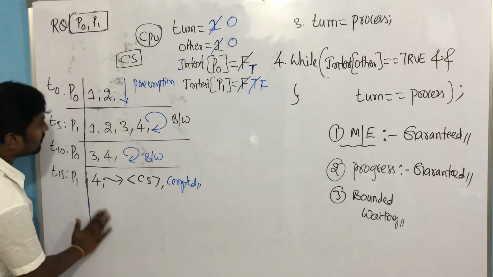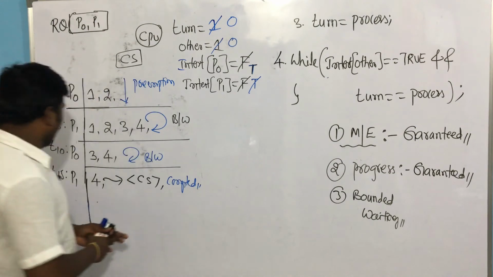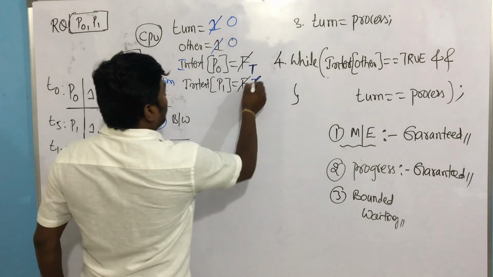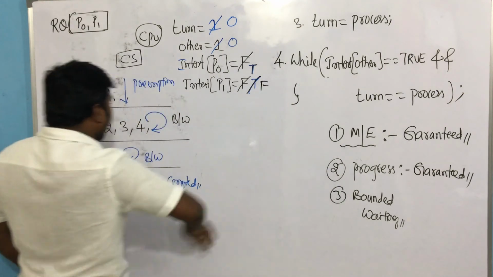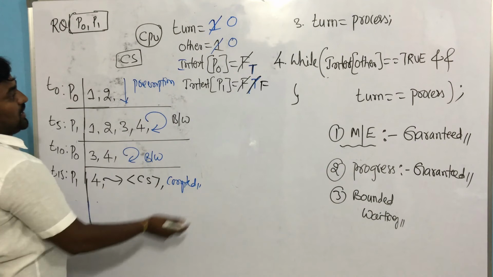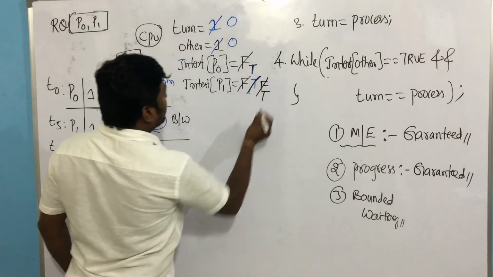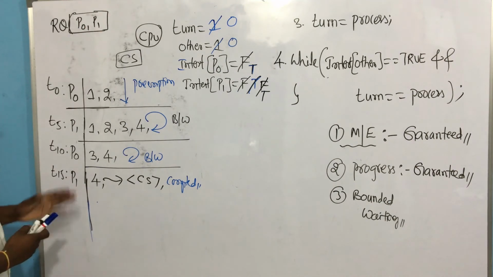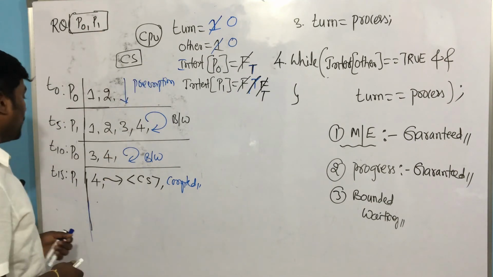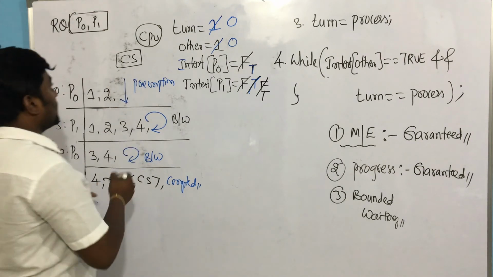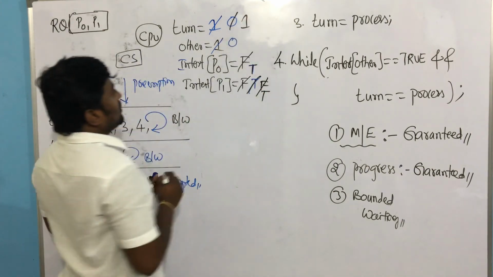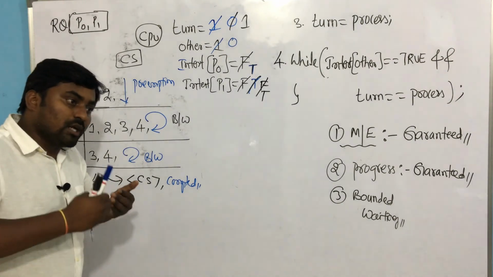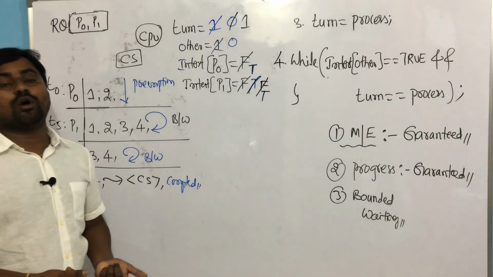Suppose I modify this a little, and this was true only, correct. Suppose P1 completed execution and made its interest false. Again P1 only is trying, assume that. If P1 tries again, what happens? It will make the interest true. Interest of P1 is true, other will be 0. Now make turn equal to process. What is the turn value? Turn value is currently 0. It will make it 1. Assume that. I am repeating the code for process P1 again. Once it has already used the critical section, it again wants to use it. Whether it is going to be allowed or not.